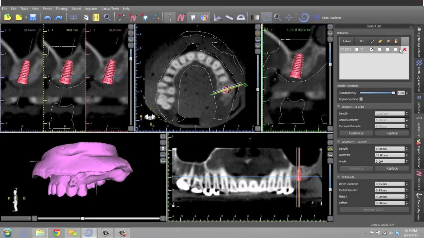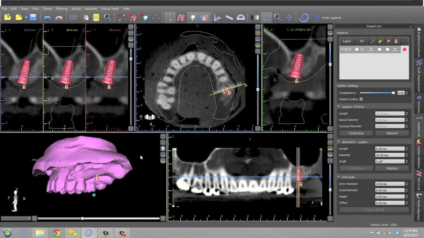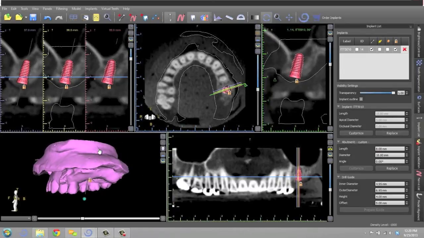But also what's important is the lock. So now with a lock on, I can't move the implant. I can't do anything with that implant with the lock in place. So the bottom line is, when you complete a plan, lock it down. Now, when you're doing multiple implant cases, and especially when you have implants on both sides of the jaw, it's really easy. If you could see here, well, I'll just